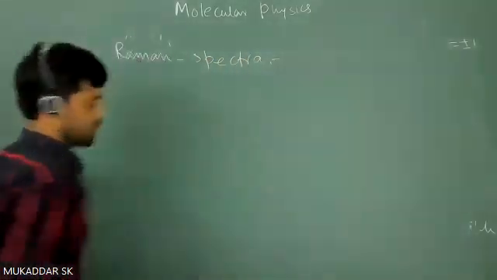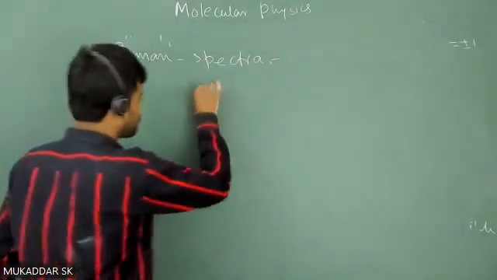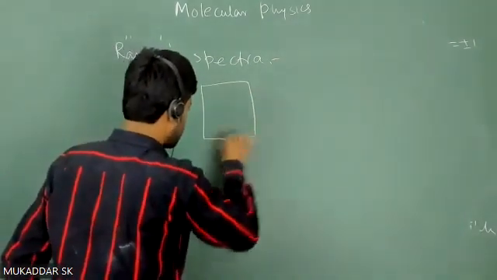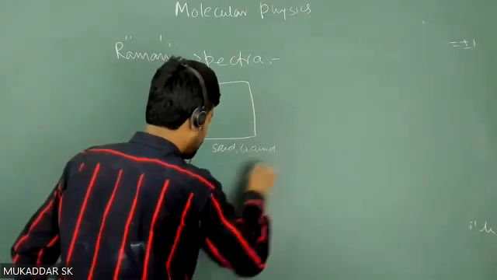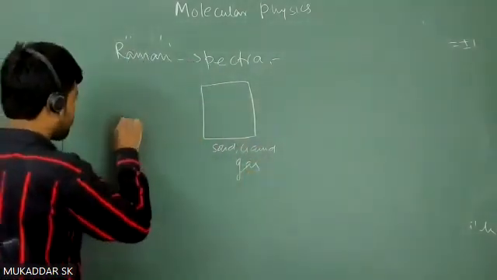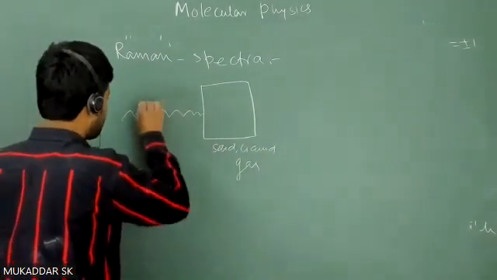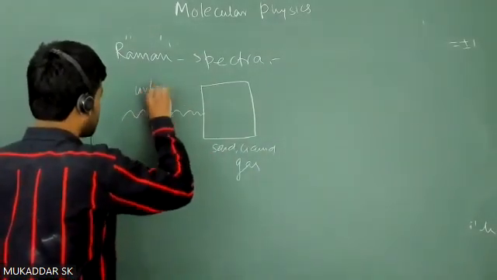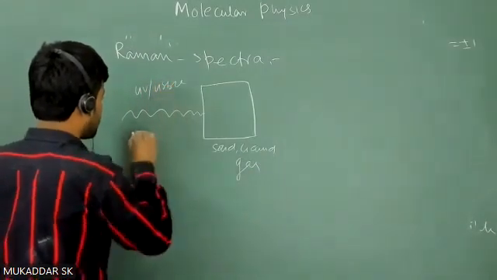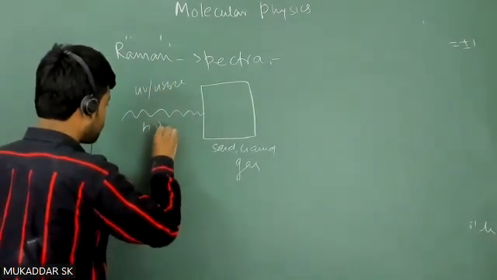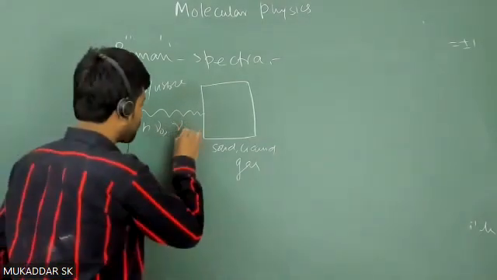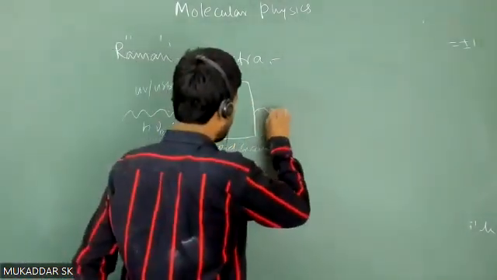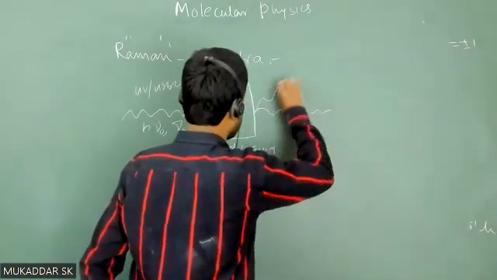Then you have a Raman spectra. So suppose you have a sample of solid or liquid or gas. If you shine a photon having energy in the UV or visible region, okay, you shine a photon having energy h nu 0. Of course, the h nu 0 should belong to either UV or visible, and wave number nu 0 bar. Then at the output, you'll get three different